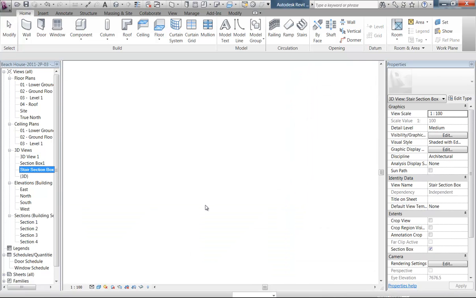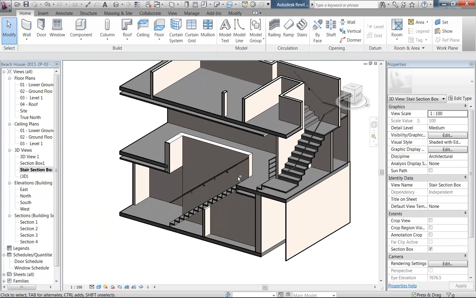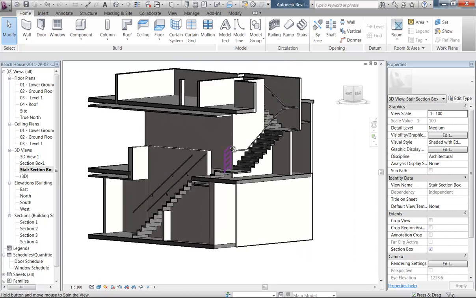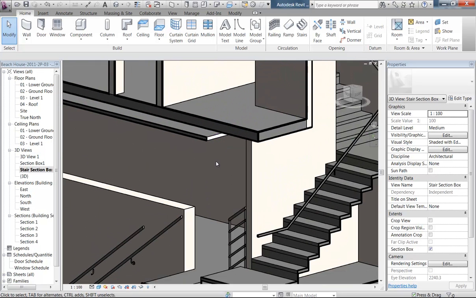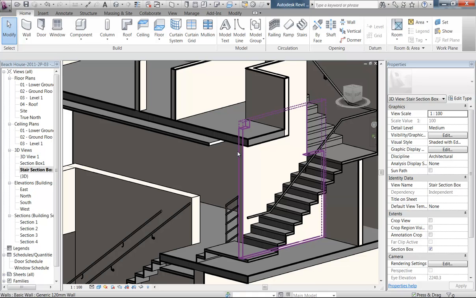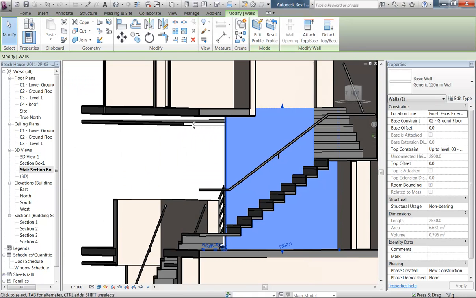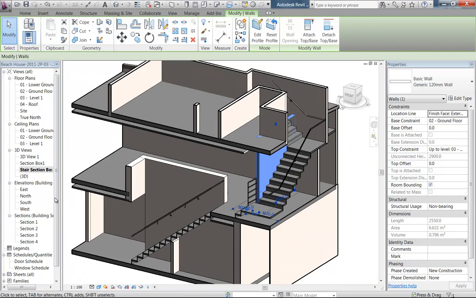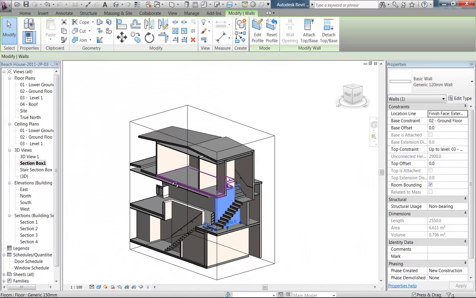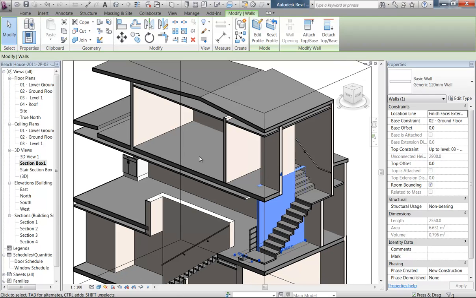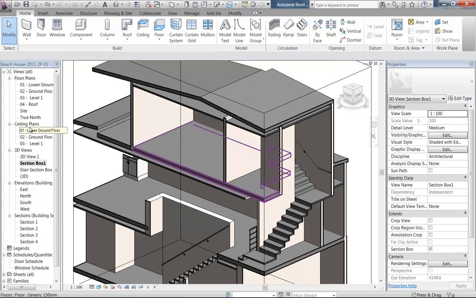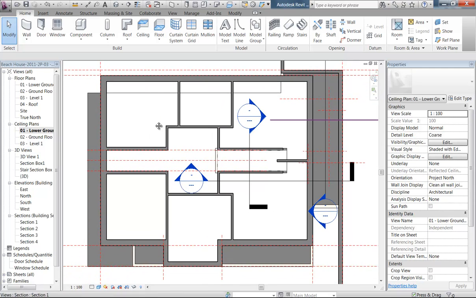And having a look in the section views there, you can see there are a couple of edges that need to be tidied up. So this one here is exposed, but you may not see that, so we'll leave that for later. Really, there should be some sort of return over that opening, some sort of header, but you can worry about those things right at the end if they're an issue then. Looking in the other section box view, you can see it's a bit clearer. So that's it for the ceilings, and having those in will allow you to then put things like lights and